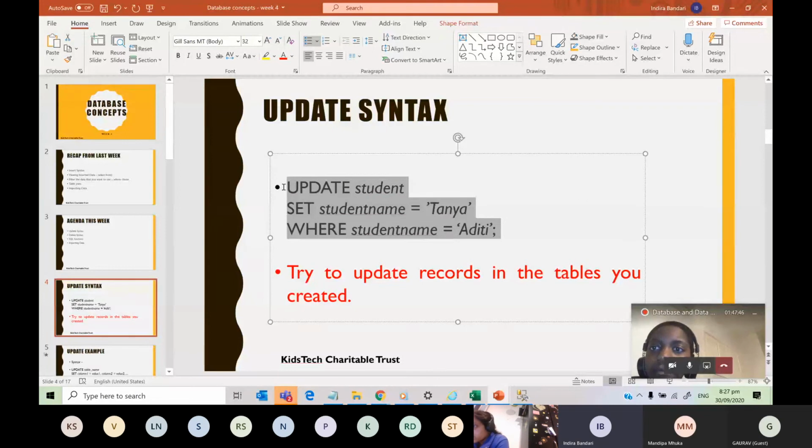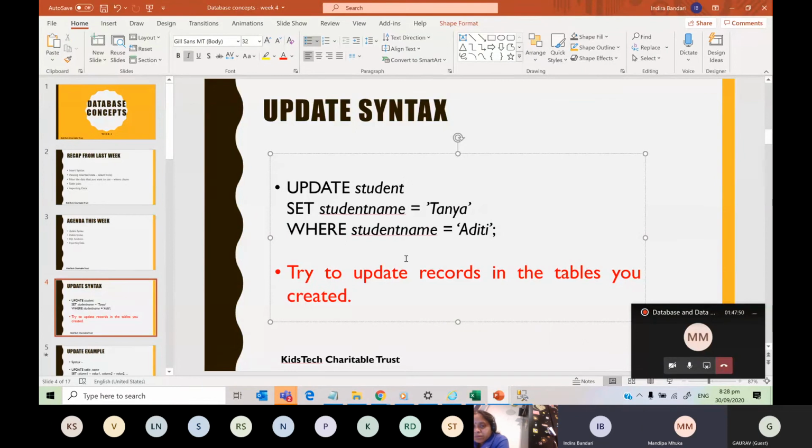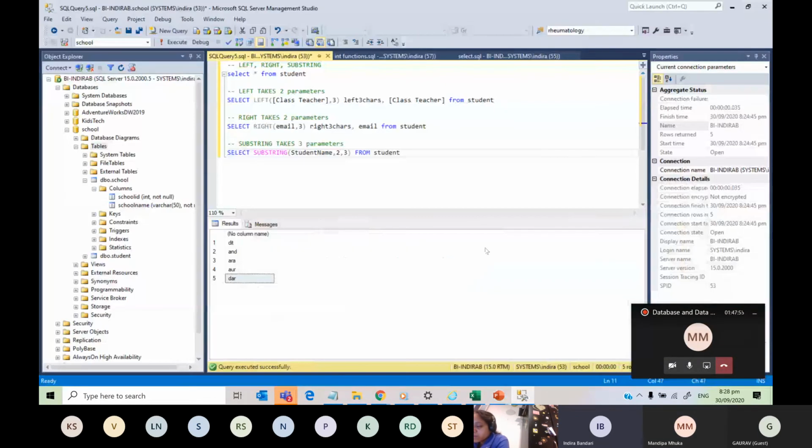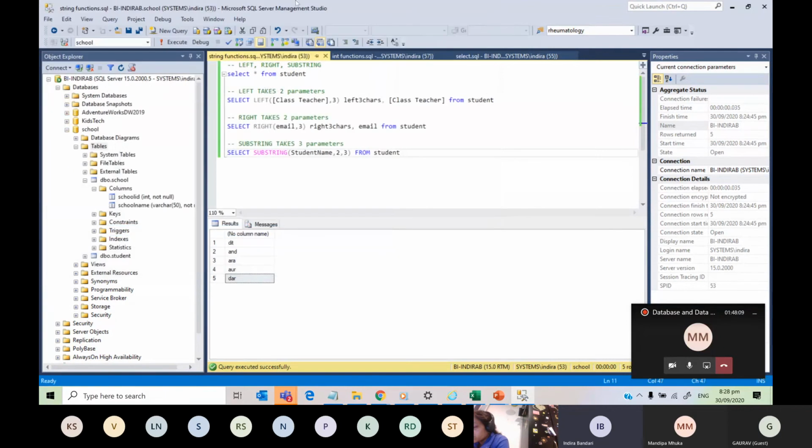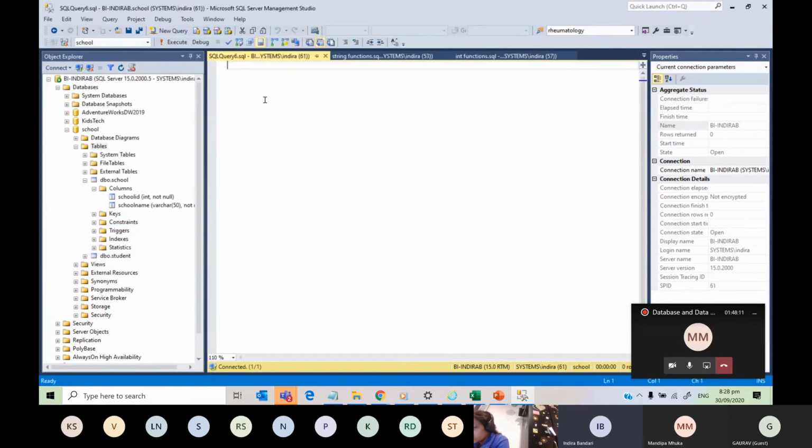I'm going to do two kinds of syntax. I'll show you. I'm going to do a new one. File, save, string functions. Now I'm going to update.